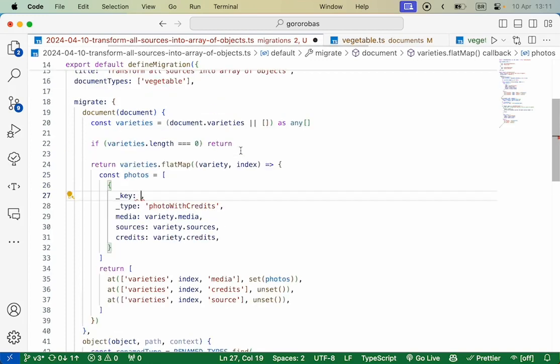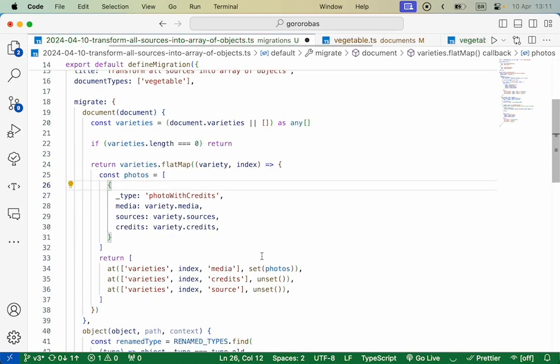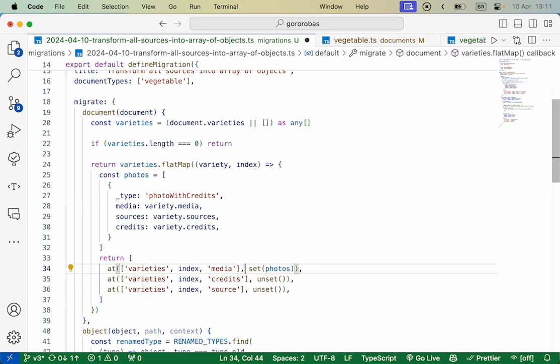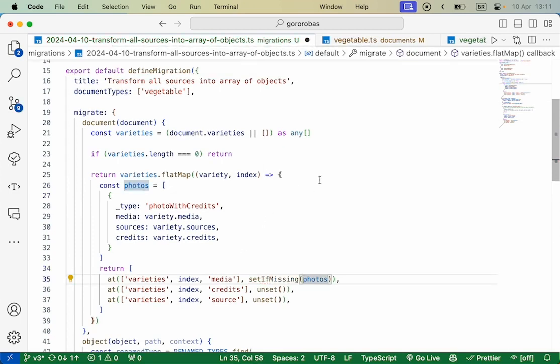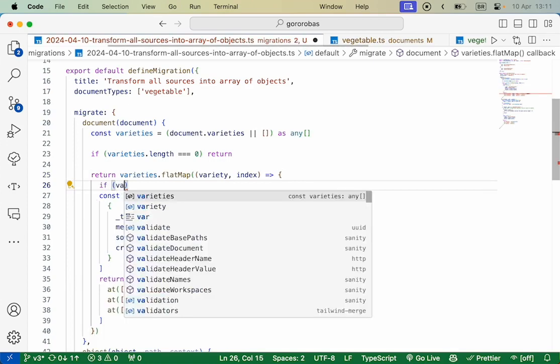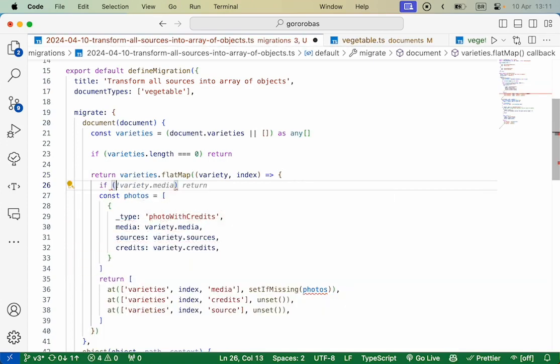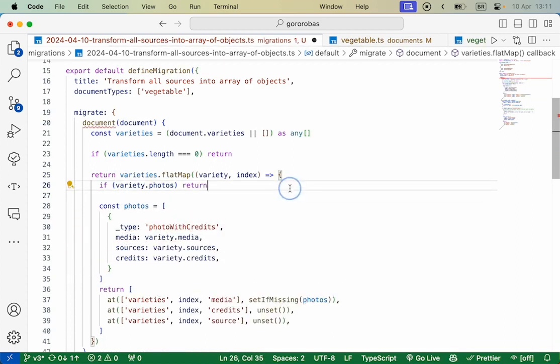So I could build this myself, or I could just use insert. So I could say set if missing. So also if variety.photos, then I'll return, because that means it already exists. And I'll just skip this.